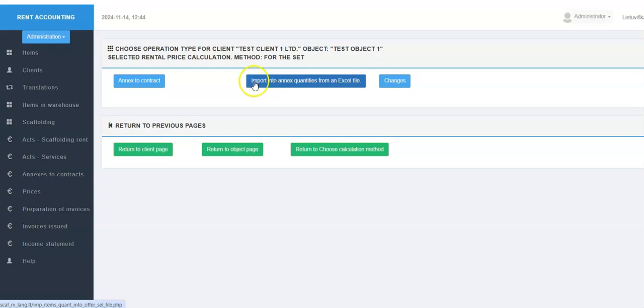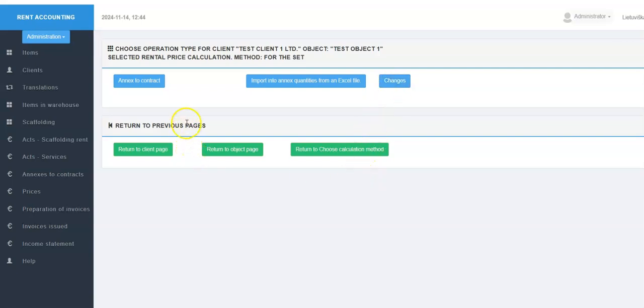Also, on this as well as on the previous and other pages, there are navigation buttons that allow you to return to the previous pages or go to the page for the changes of components rendered to the client object.